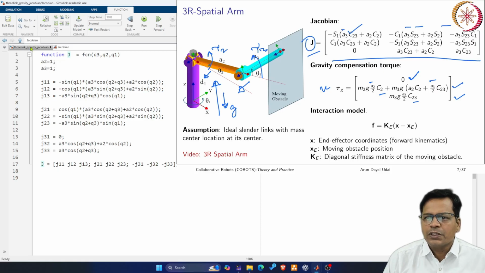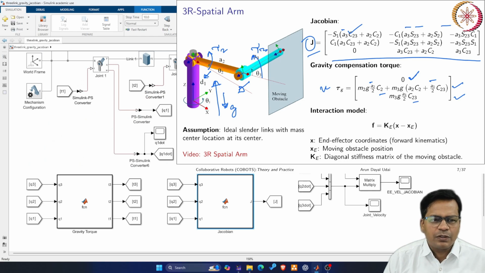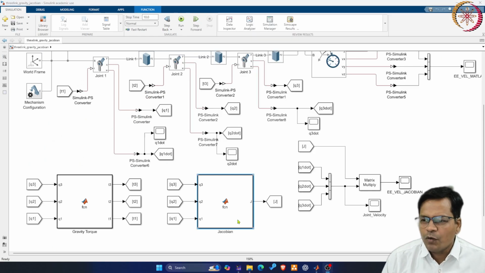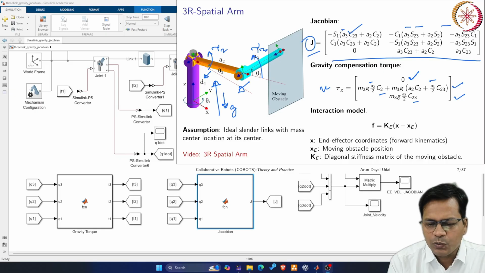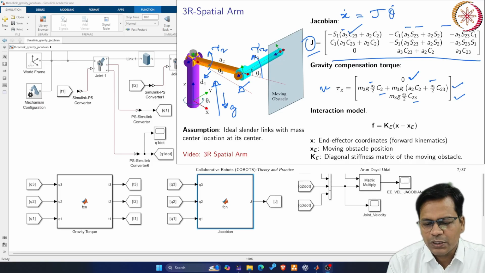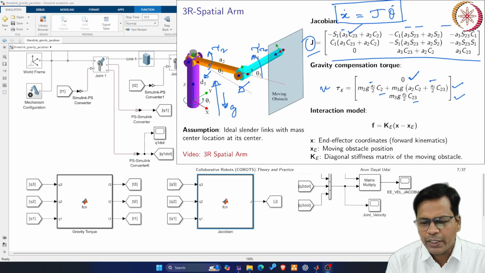So this is your Jacobian. Now let me check. How will you check it? In order to check that, I remember my equation for Jacobian. You can directly use the equation J theta dot is equal to end effector velocity. This is the standard equation that I will be using. I will directly take input from the joints and multiply with the Jacobian, and I will obtain the x dots, all the end effector velocity.